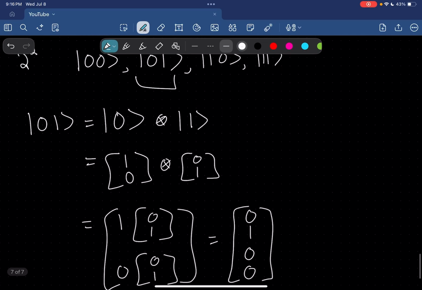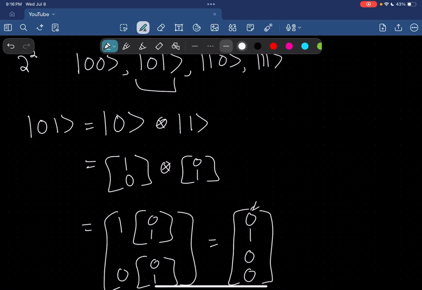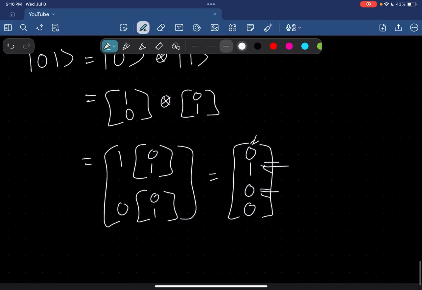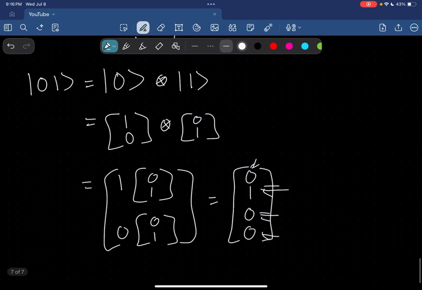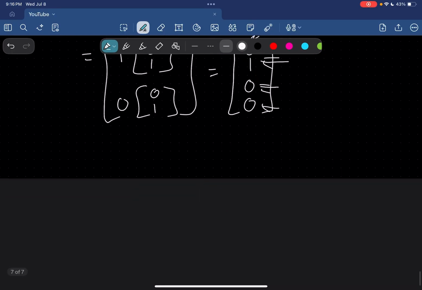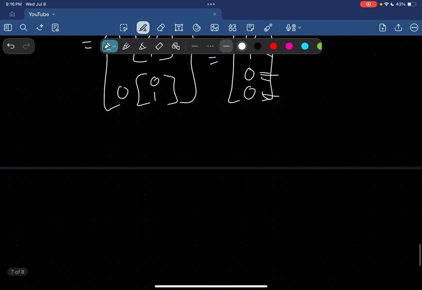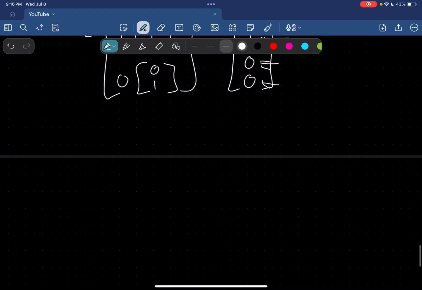As you might have guessed, 00 would have a 1 right here, 01 has a 1 here, 10 would have a 1 here, and 0s everywhere else. And then 11 would have a 1 here and 0s everywhere else. Any quantum state in a 2-qubit quantum system can now be a superposition of these 4 basis states. So now if we have an arbitrary